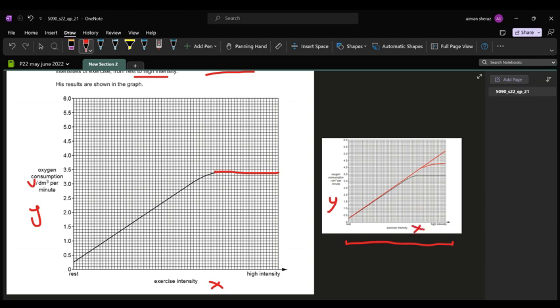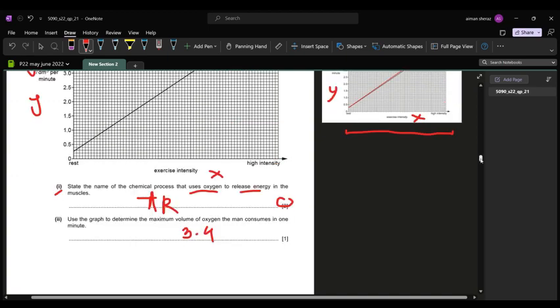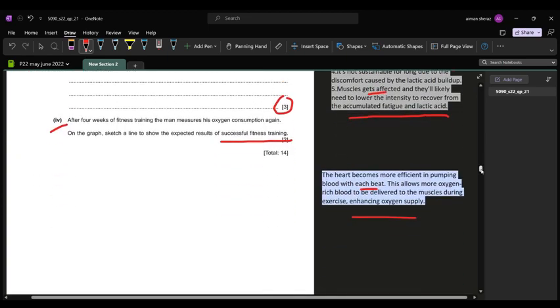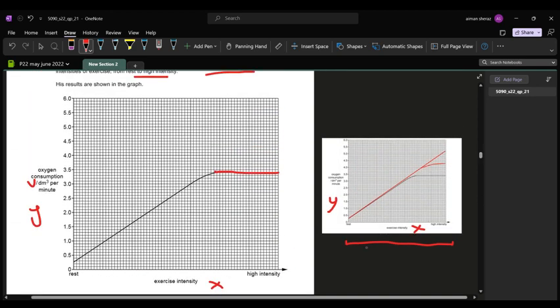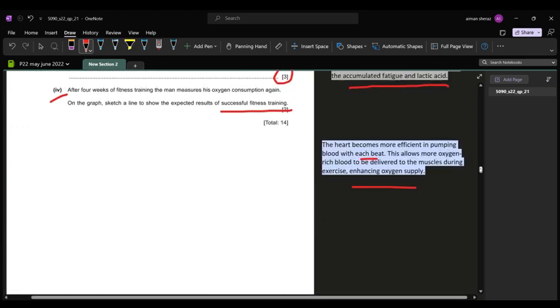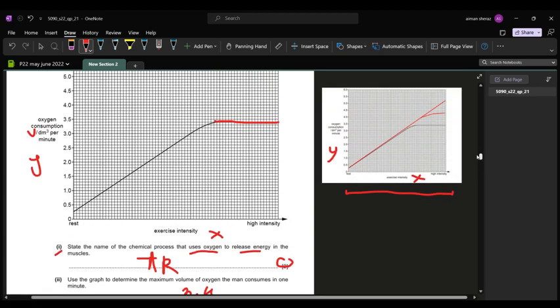exercise intensity. So, if we read the statement again, it said that after 4 weeks of fitness training, he measured his oxygen consumption again. That means we have to sketch a graph again after 4 weeks. So, after 4 weeks, it is evident that his heart or his cardiac muscle has become more efficient in pumping the blood. That means more oxygen supply, and